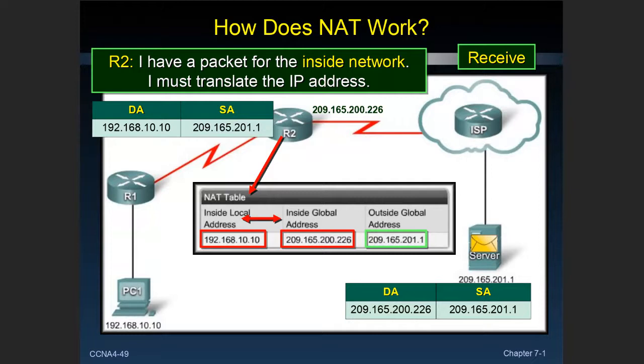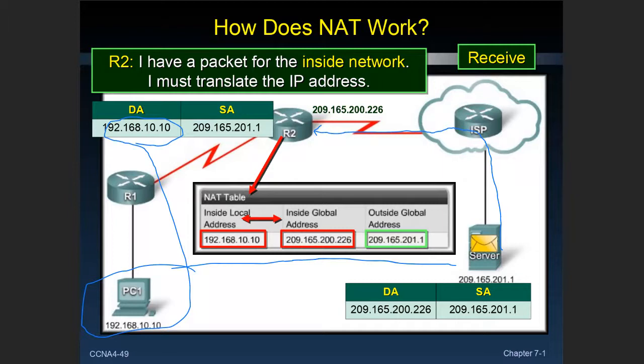So when that answer comes back from the server through the ISP and hits your home router, he's got to do reverse rocket surgery. He's got to take out that global address that was temporarily assigned to your packet and replace it with the inside global address. He goes back to this table here and says, oh yeah, that's the answer to the original query that he sent. Put the original address back in there so the destination address now corresponds to your workstation, and you'll get that web page that you asked for back.